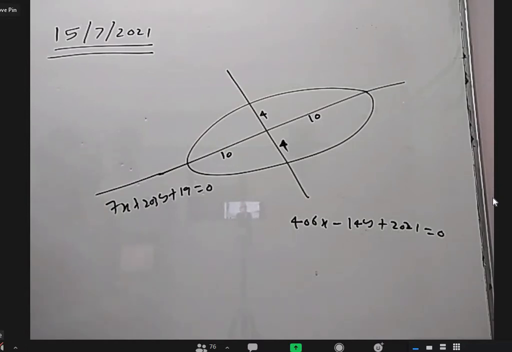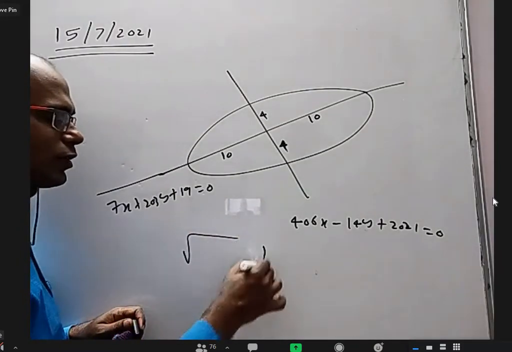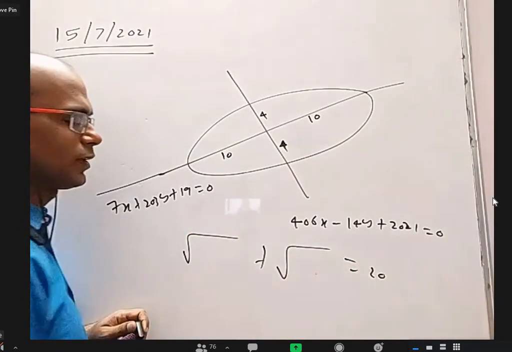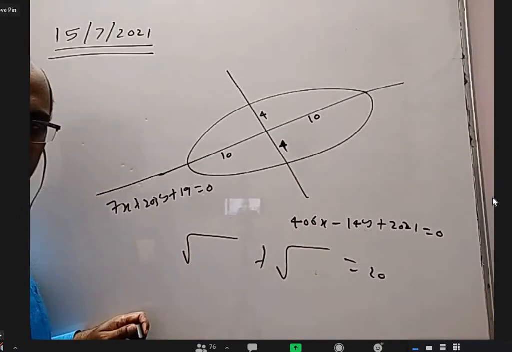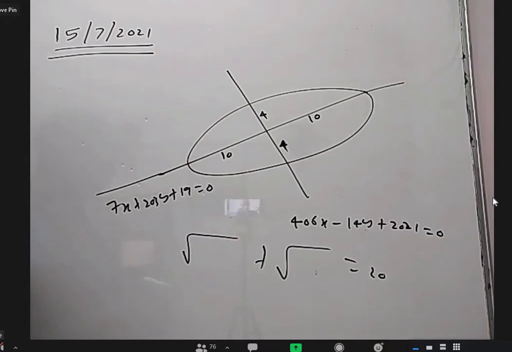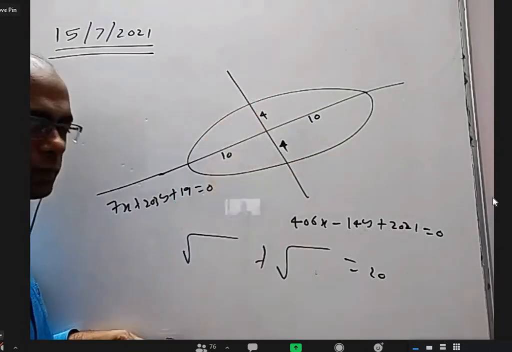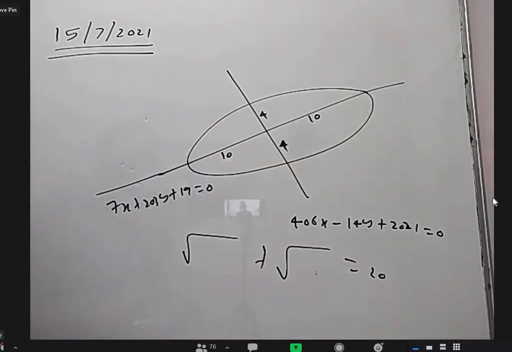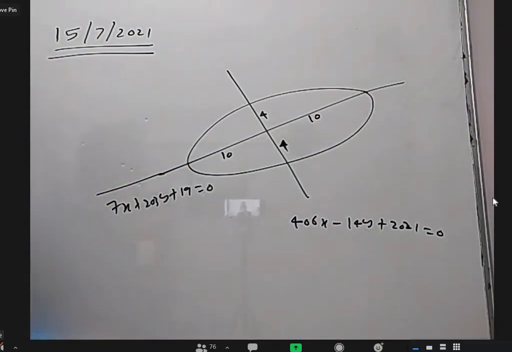After finding the foci, PA plus PB equals 20. But saying PA plus PB is easy, doing it is not so easy, because we'll get one square root plus another square root equal to this. It's okay. You send one side over and square it. One more square root will be there. Send that side over and square it. Right? Correct now? Yeah. That's nice. You said you can find the two foci and PA plus PB is constant. Okay. You remember that point. That's very nice. Can we find the directrices of this?